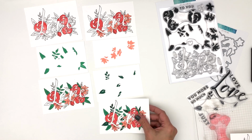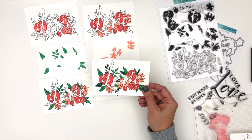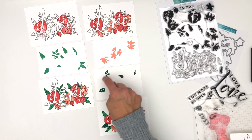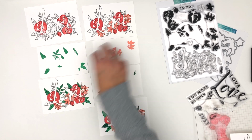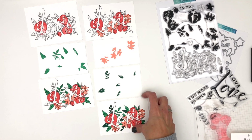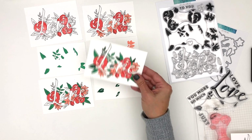Here we go. I'm showing you the wrong one. You got a sneak peek. Okay, so there it is, all filled in. And what's nice is these pieces already are lined up for you. So if you just line it up in your stamp positioning tool, then you can quickly fill in your color